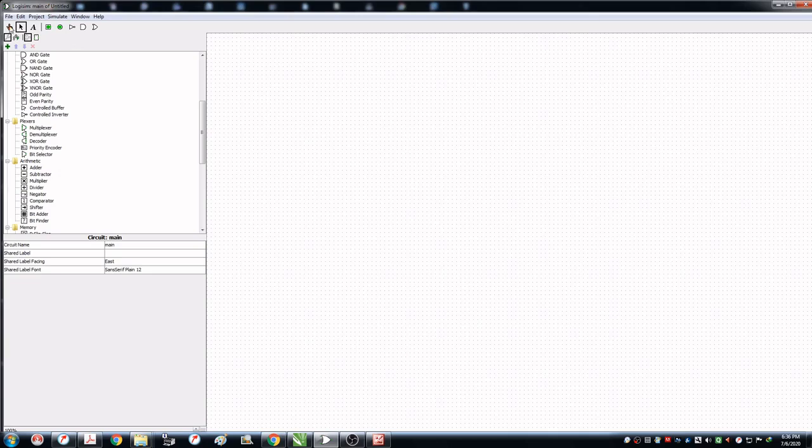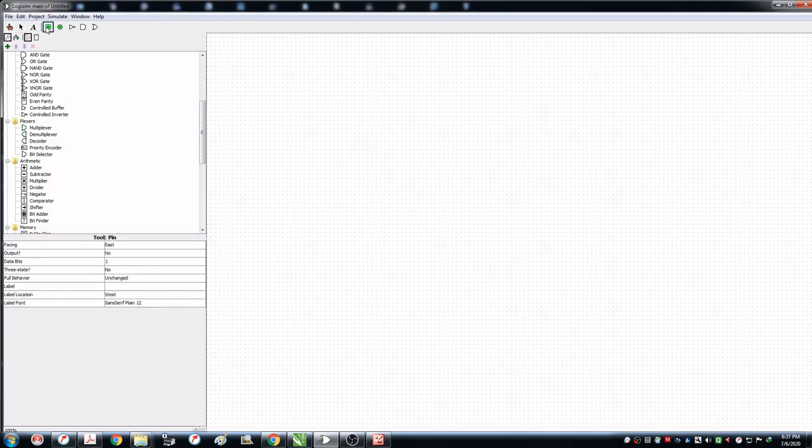At the top you will find the hand tool. The hand tool is for simulation, which will change your input and according to that you will observe the output. So when you click it, your circuit is in simulation mode. The arrow is to select and alter the components on your canvas area. The text tool is to give labels to all the components that we draw on this canvas.